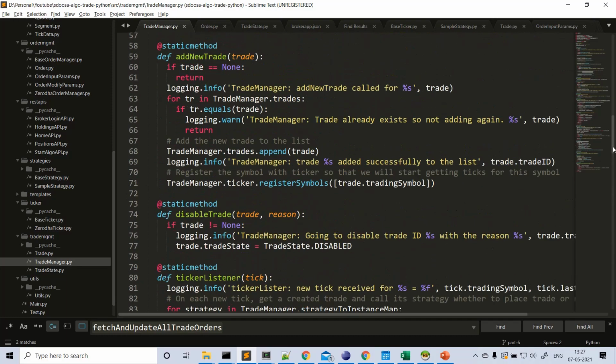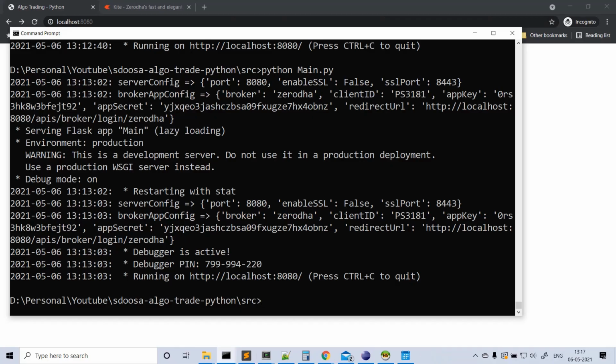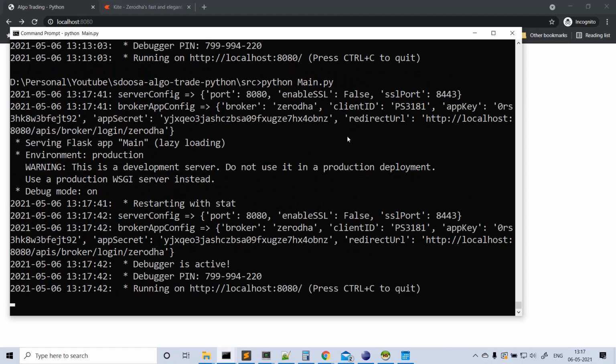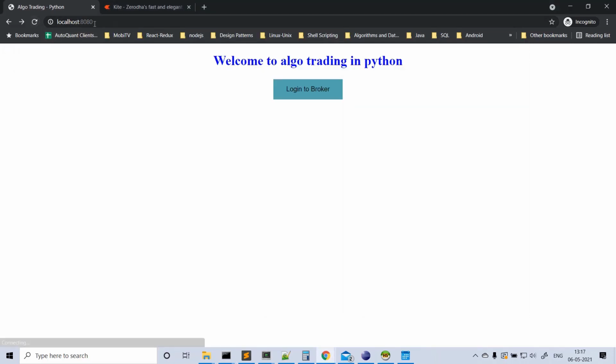So that's how it happens. Now it's time to check this live. Let's test our sample strategy program in the live market, whether it places the order or not. I'm starting the program, python main.py. The program is running. Here in the browser, click on login to broker.